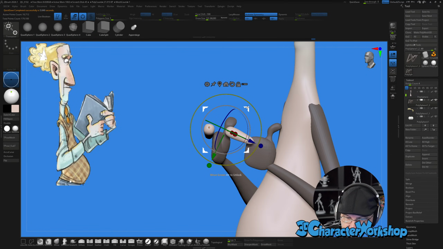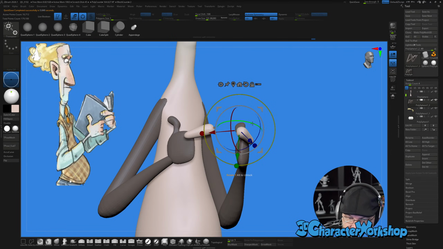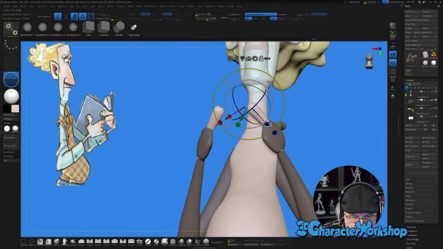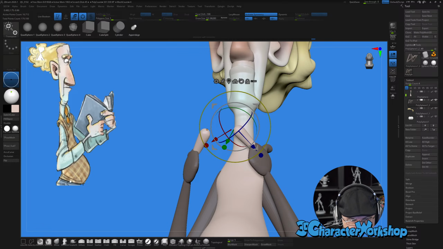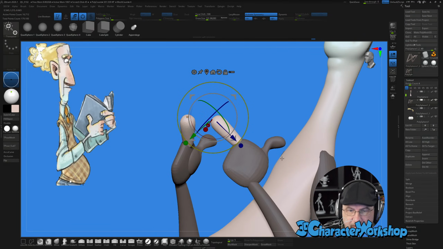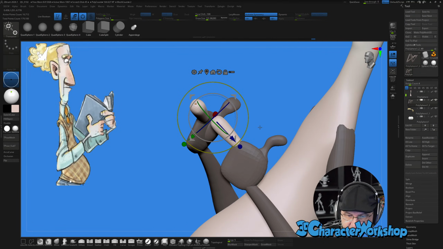Anyway, we're going to flip this finger around because I want it to go from skinny to fat. Okay, I really love the shape of this fingertip right here. So I'm going to use that. Yeah, it is really nice.